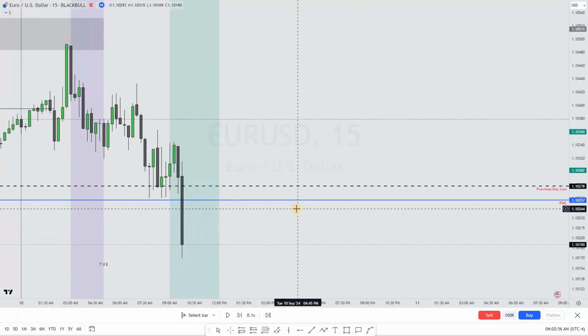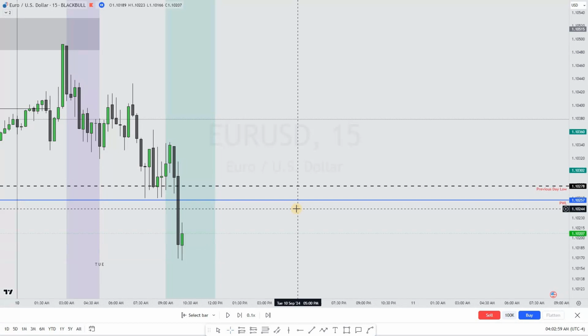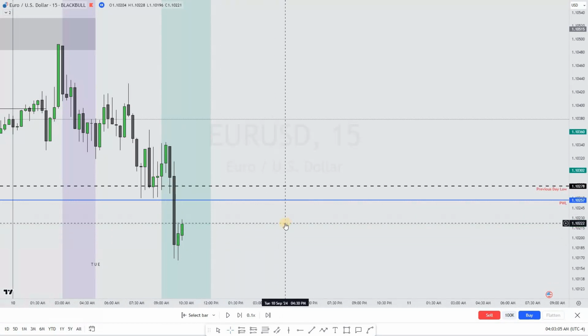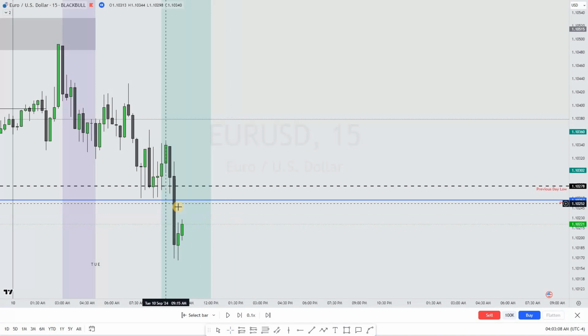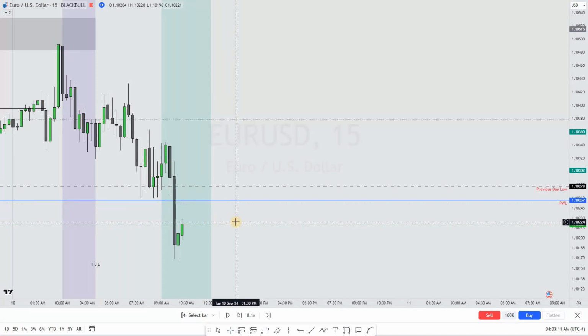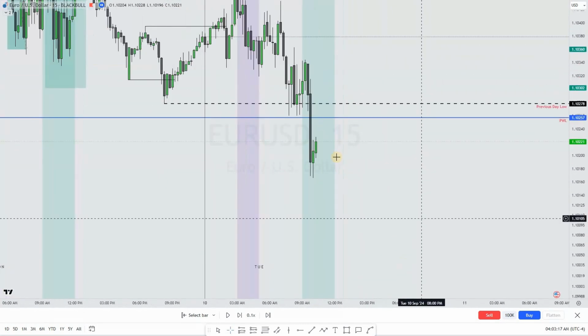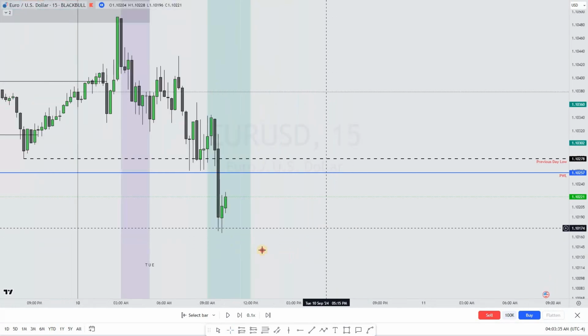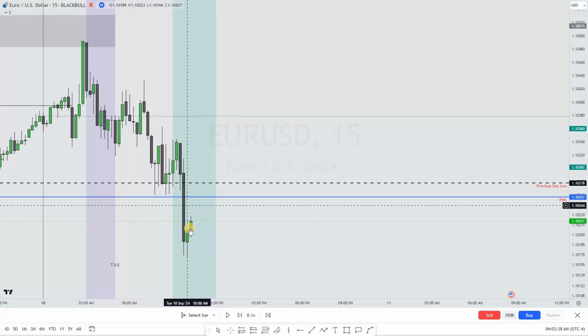So again, price moved. So now here again, you can see that the price did give me a fair value gap to take a continuation trade. But why did I not take a continuation trade? I did not want to take a continuation trade here because we're continuing to what? My biggest level was the previous week low. That has already been taken. So yes, price action might be showing signs of continuation with this fair value gap according to the rules that I'm trading, but it's continuing to what? If we had another level down here, maybe, but there's no other level for me. So that's why for me, I did not feel like this would be the right trade to take.